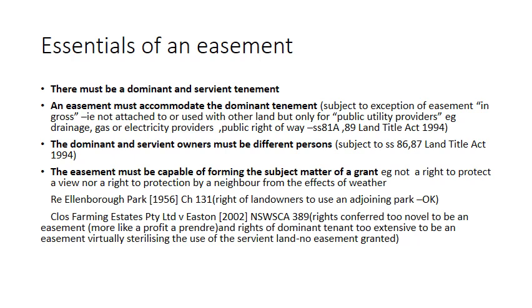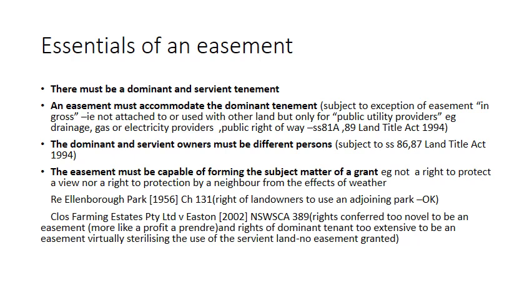Now, I've mentioned what they are. The dominant tenant, as they're called, takes the benefit of the easement, and the servient tenant accepts the burden. The easement would be across the land of the servient tenant,